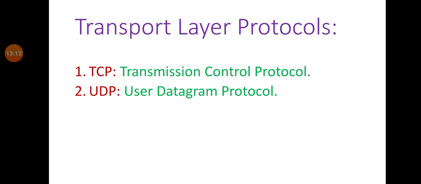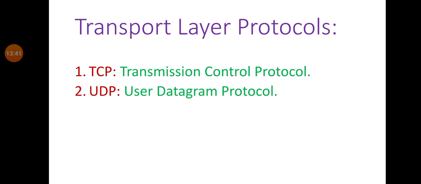So TCP is connection oriented, which means reliable. The word reliable itself means error-free data, and unreliable means with some errors. Data reaches the destination definitely, but with some errors. So it depends on the user whether they want accurate delivery or prompt delivery. Based on that, they can select either TCP or UDP.